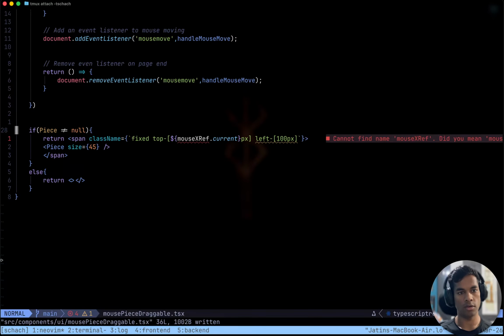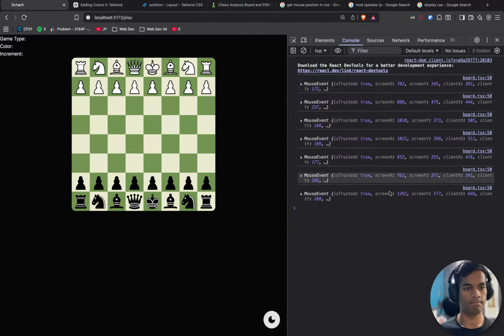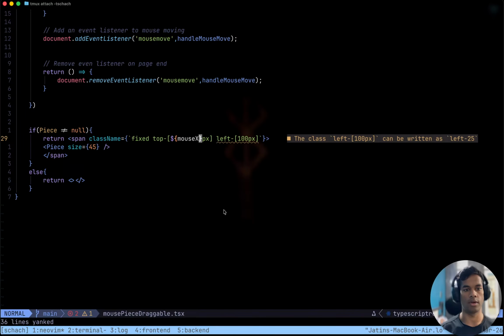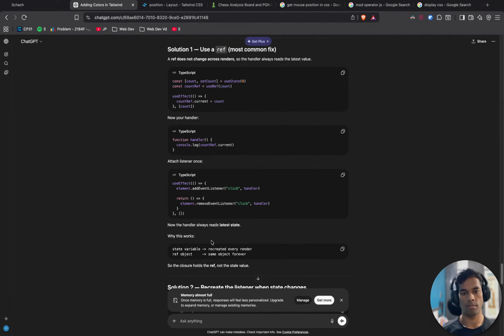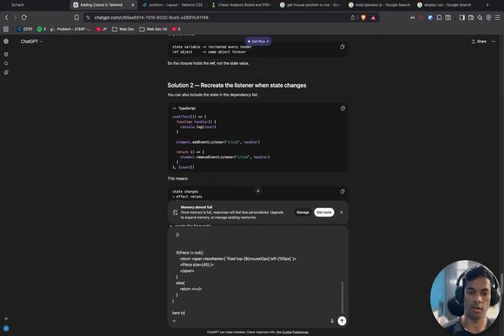Update these two values, x. Yep, top is still not working. Okay. Here the top value given to this span is not working correctly according to the mouse position.